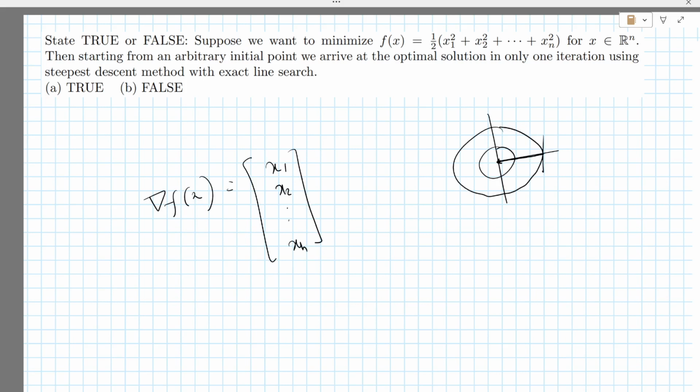Now let's assume that we started with some point x0, which is equal to a0, a1, something like that, and then take a derivative of this,